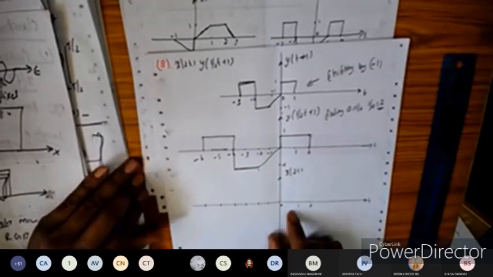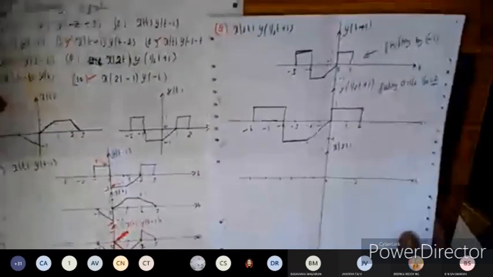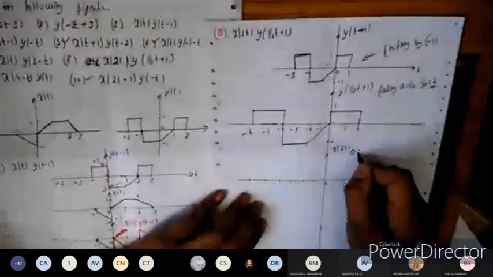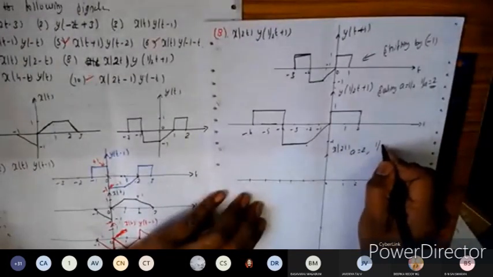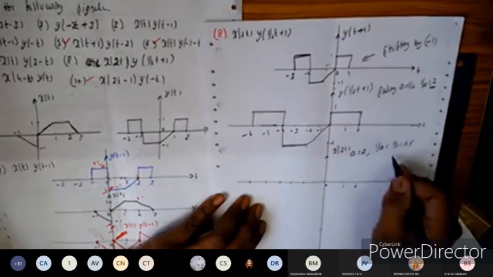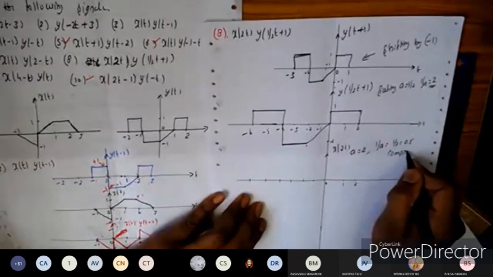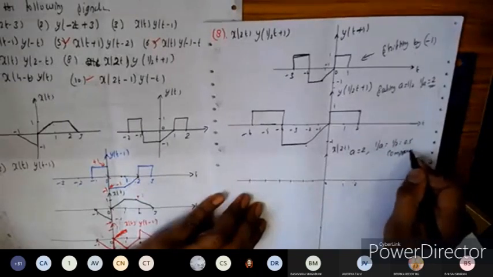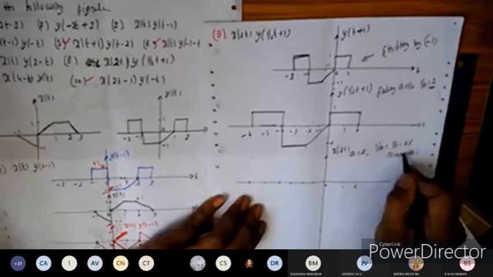So now what we shall do is x of 2t. So the signal x of t is here. 2t means we need to multiply all the time index with the a. So the value of a is nothing but 2 here. 1 by a is 1 by 2, it will become 0.5. The signal will be getting compressed here.